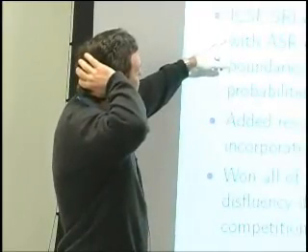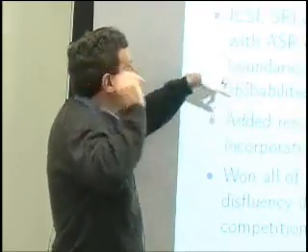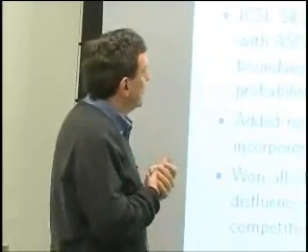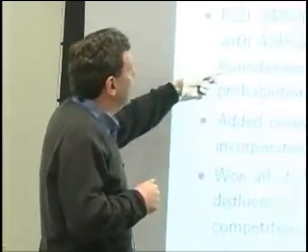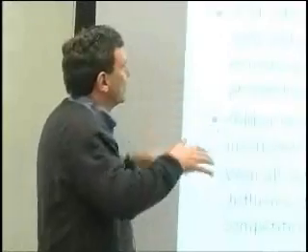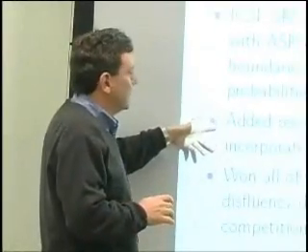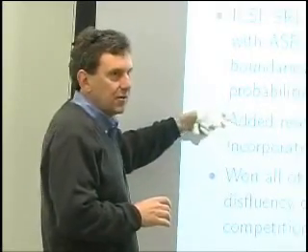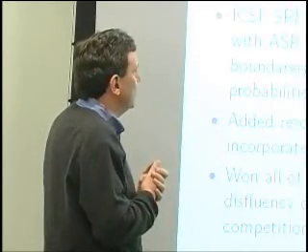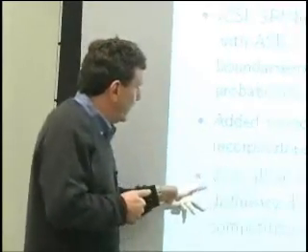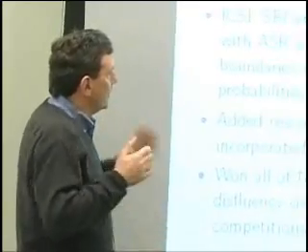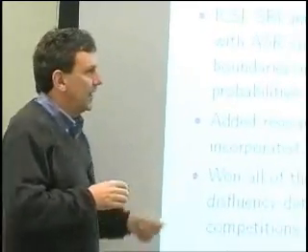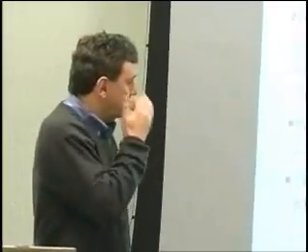And then ICSI, SRI, and University of Washington supplied us with a whole bunch of features, their acoustic feature detectors and boundary detectors and acoustic interruption point probabilities, all sorts of stuff like that. One of the great things about working with this MaxEnt rescoring framework is that it's fairly easy to incorporate features that correspond to all of these things. They just are new features that you add into the bucket. And even though it was sort of thrown together at the last moment, we still won all of the disfluency detection competitions that we competed in.